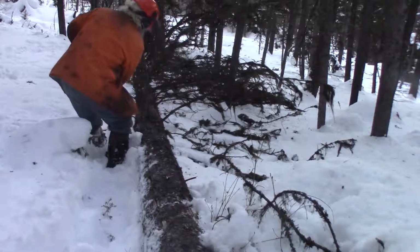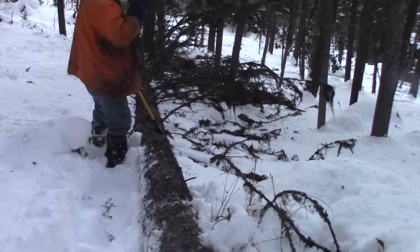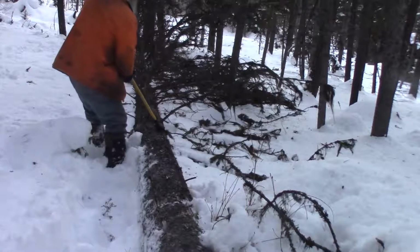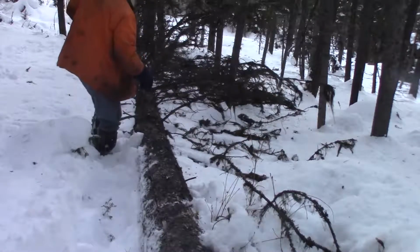That's why I wear this helmet, and because I've gotten things thrown in my face, and most of the time when I'm cutting branches, not the tree. So